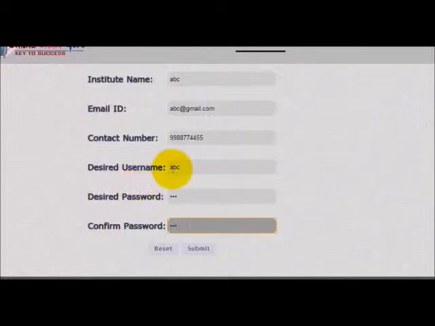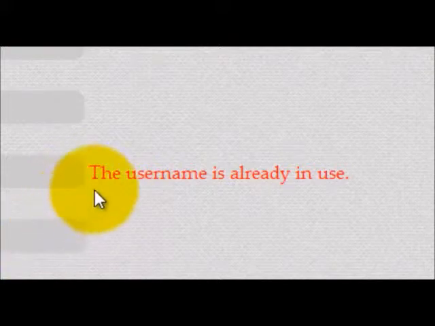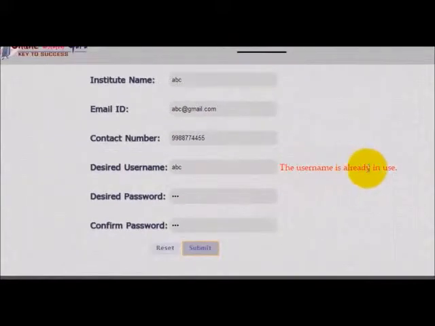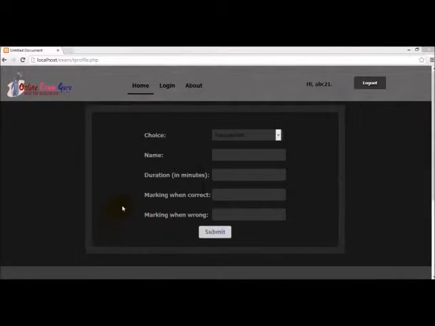If the username has been in previous use, you will be displayed an error message here. Let's say I click on the submit button and I have been shown this error message. The username is already in use. Since I have already used the username ABC before, so I'll have to enter some other username, say ABC21. In case it is accepted, you will be redirected to your home page, wherein you can